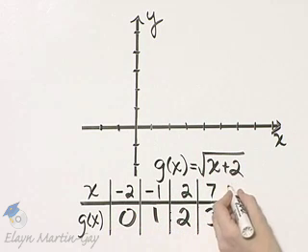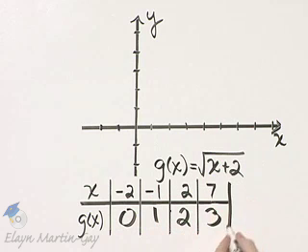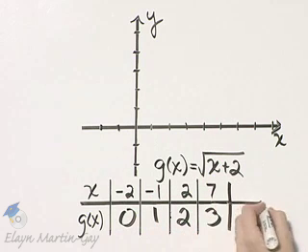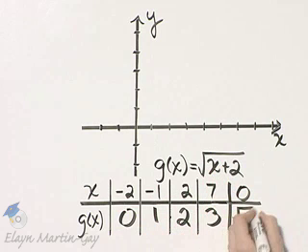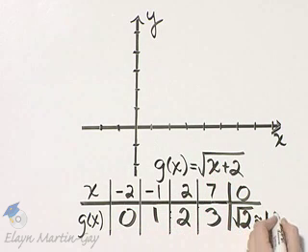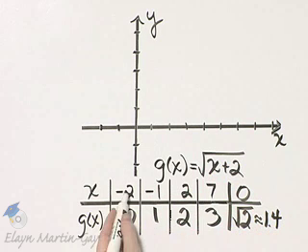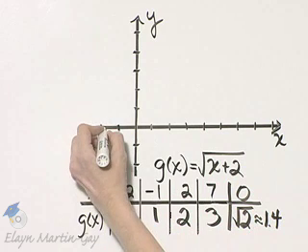By the way, if you'd like to find the y-intercept of this graph, you would let x be 0. And notice if x is 0, you have the square root of 2. That's approximately 1 and 4/10. So there's our y-intercept. Let's plot these points, -2, 0,